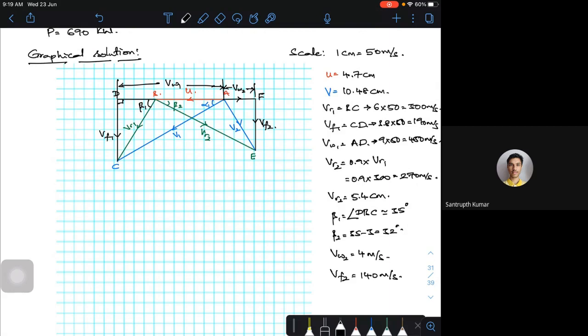All the values. See, what are the things which we need to find here? We need to find VW1, VW2, beta 1, beta 2, and we have to find VF1, VF2, VR1, VR2. Every other value you can find either analytically or graphically. So this is the procedure. You have to take the velocity to a particular scale, then draw it to scale. You have to know the angles and you will be getting the unknown. You can easily find it.